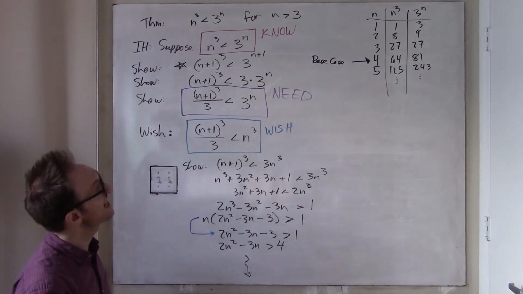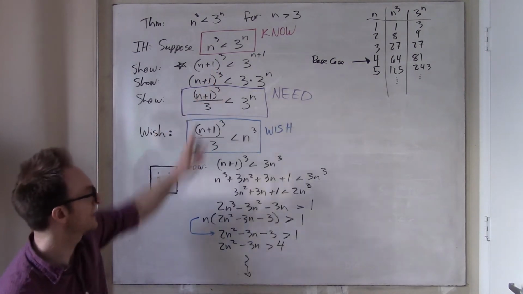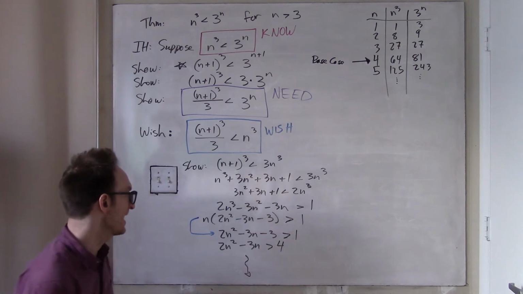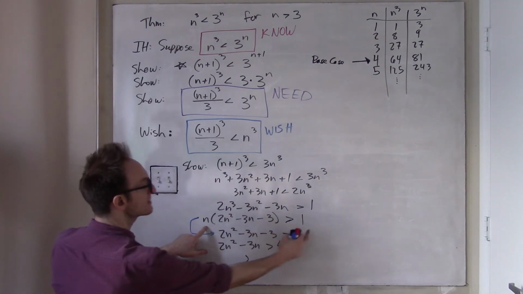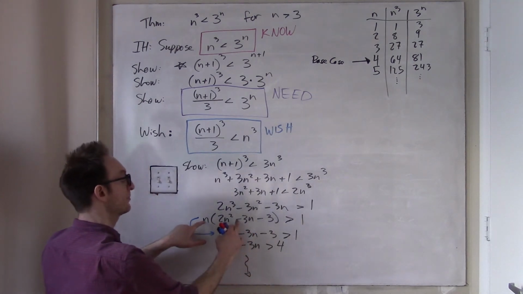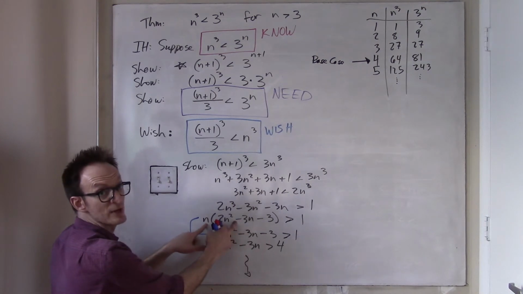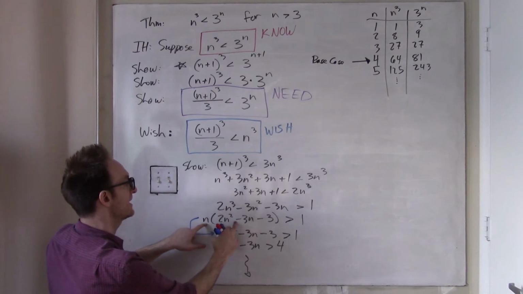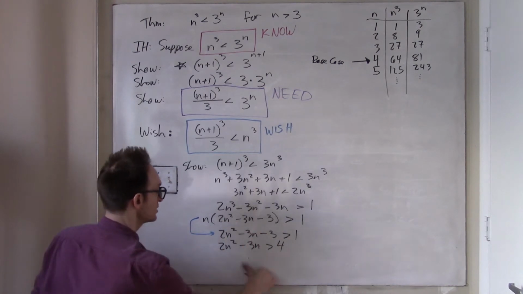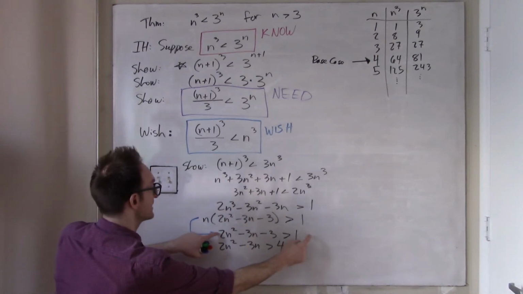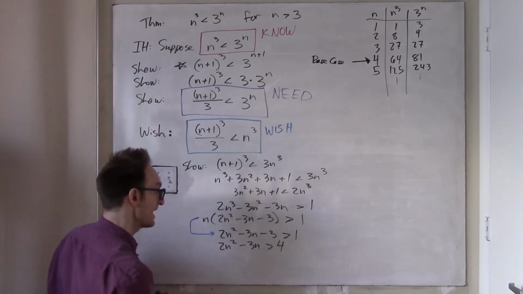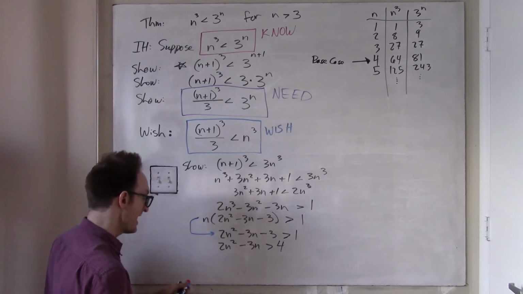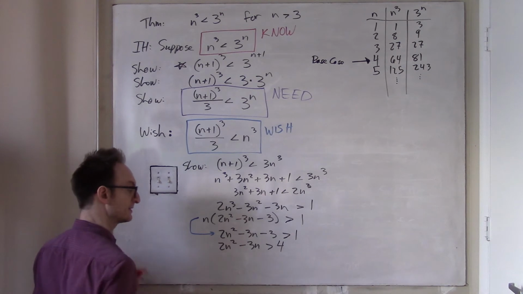well, since I know that n is bigger than 3, then I know that n is bigger than 1. And so to show that this product is bigger than 1, let me just show that they're both bigger than 1, and the product of two things that are each bigger than 1 is bigger than 1. Therefore, my problem reduces to showing that this is bigger than 1. And now I moved it a little bit more, and now here's where it's sort of the class ended, so